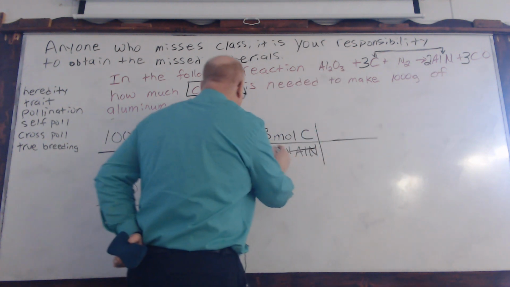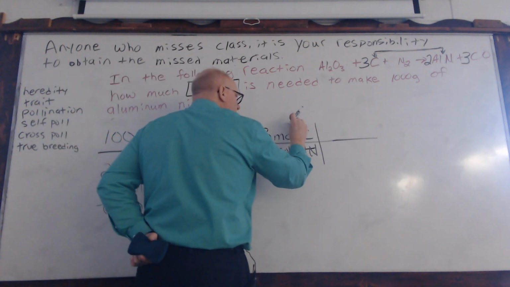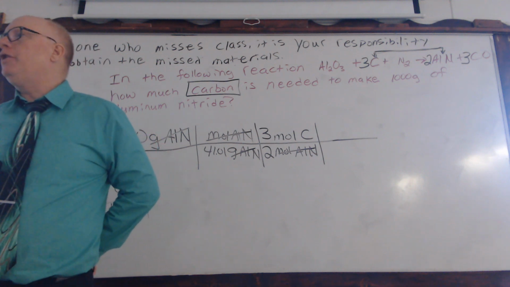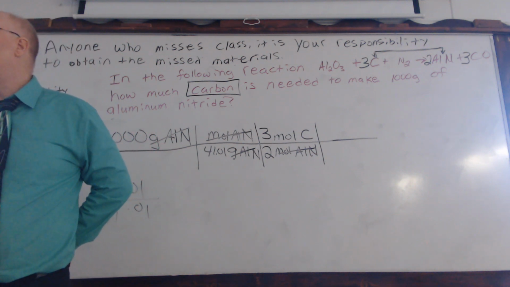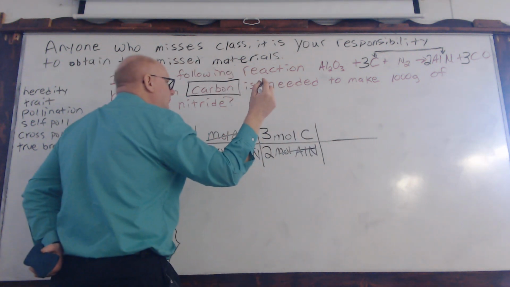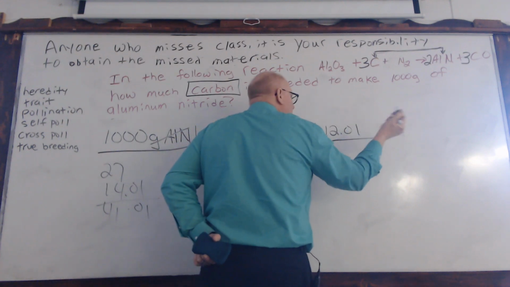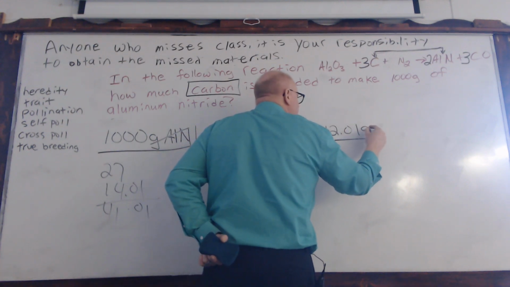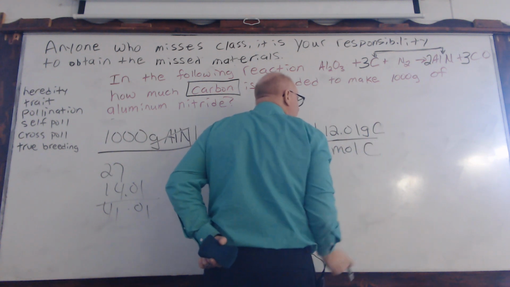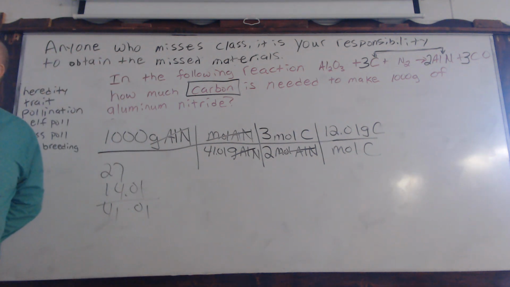So now we've got all this gone. We're in moles of carbon, but we don't want moles. What do we want instead? Grams. So how do we take this the rest of the way home? Put 12.01 on the bottom or on the top. Yeah, on the top. Okay, I like the top better. In this instance where you say put that number on top. Now you laugh all you want, but people are going to do this.